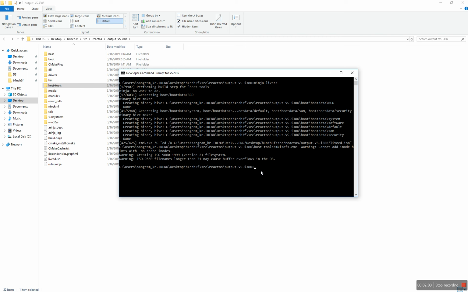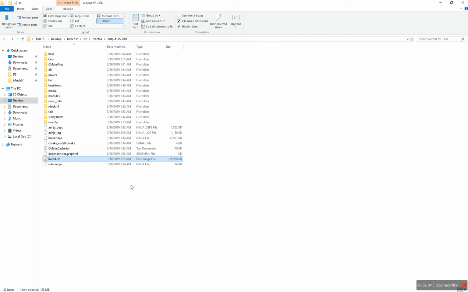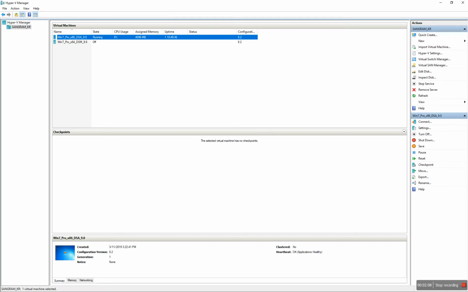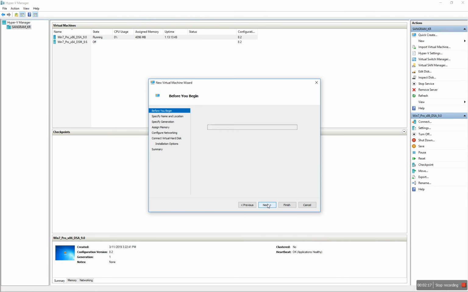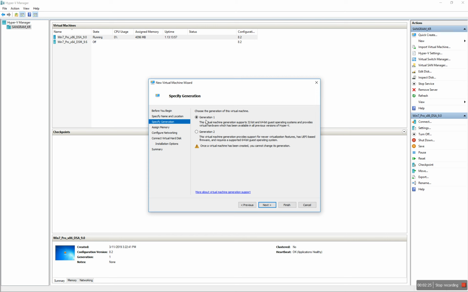So our build process is complete, and this is our bootable image, guys. So after all the work we should be able to boot this. So let's quickly do that. This is Hyper-V. I'm using Windows 10, so I have enabled the feature and I have Hyper-V. So we will name it React 0 because it's our first attempt to run this thing, and we'll pick